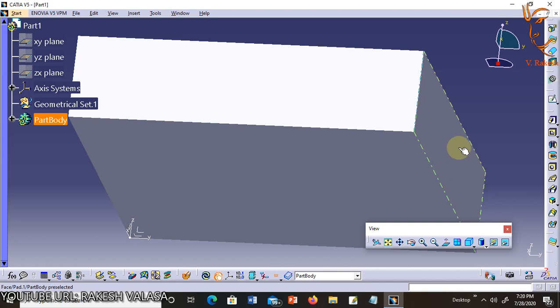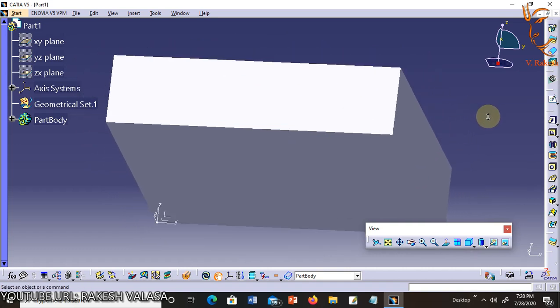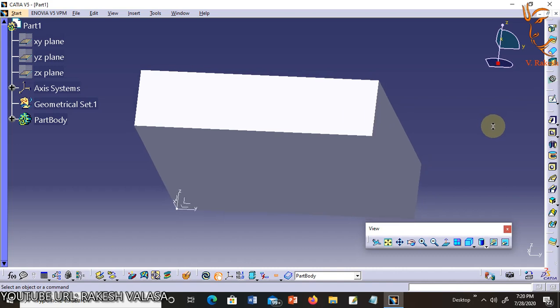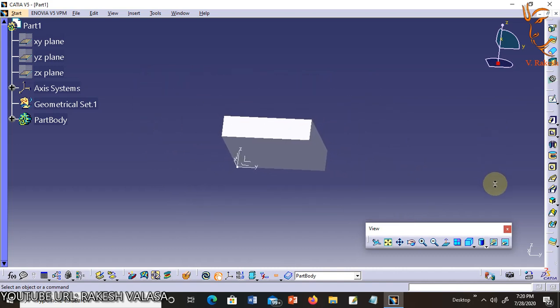The quick key is to press the middle mouse button, hold it down as you press the left mouse button and release it. Now drag the mouse down the screen and the part will zoom out.